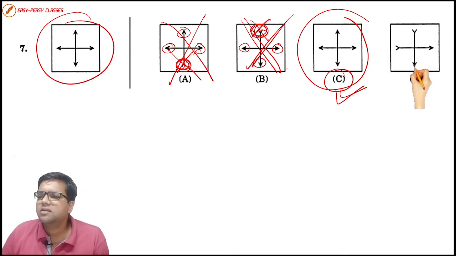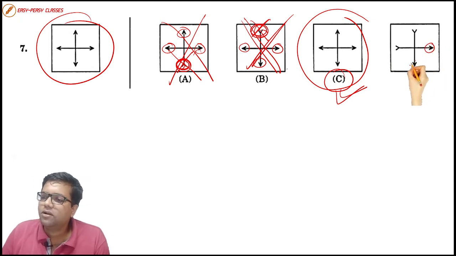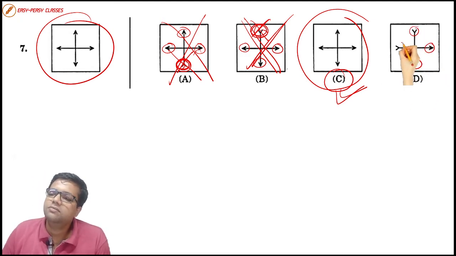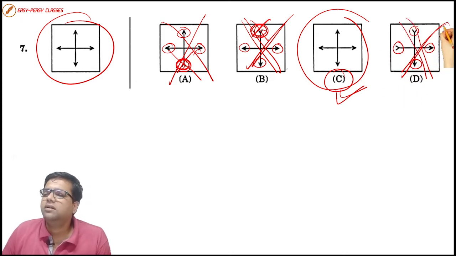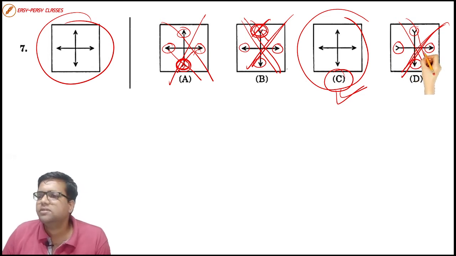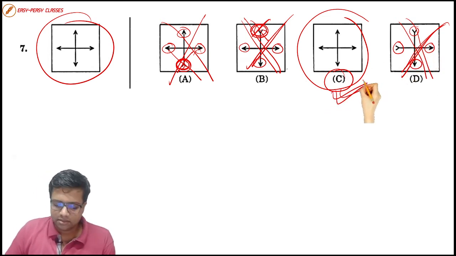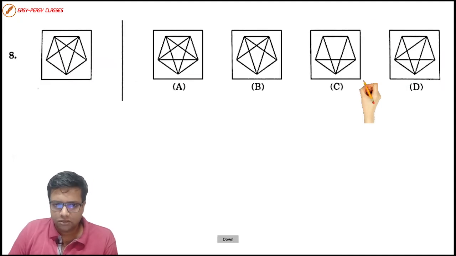So since we are discussing this paper, let us see what is there in D. See, we have only 2 arrows, and we are missing 2 more arrows. So this doesn't come under consideration for any kind of answer for this question. So option number C is the right answer. Let us move on to the further question.